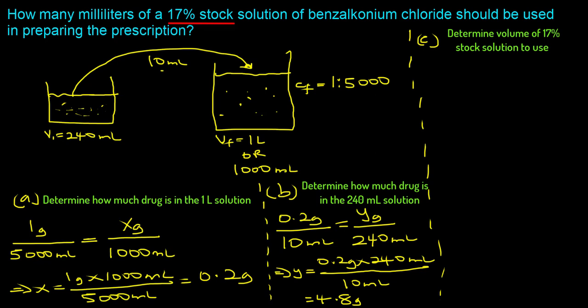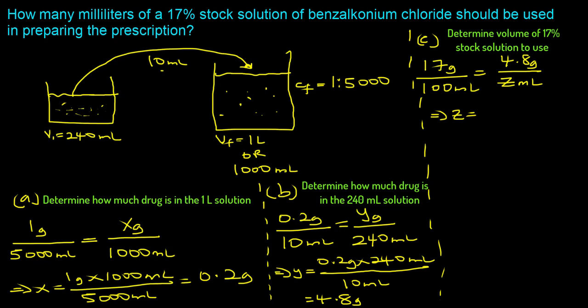And so that implies that you have 17 grams of benzalkonium chloride in every 100 milliliters of solution. Now what we need is to take sufficient volume to provide 4.8 grams. So this 4.8 grams is the amount of drug that we calculated in step B, which is needed for the 240 milliliter solution. And so what we are interested in is the volume of the 17% stock solution that will give us 4.8 grams. So we can go ahead and solve for Z, which is our unknown, and Z is